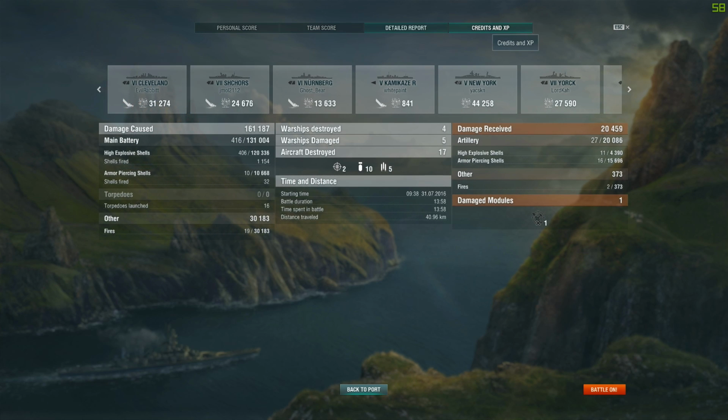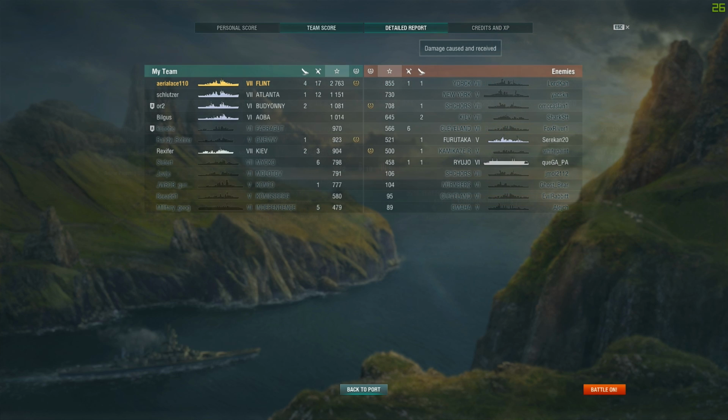120,000 damage with HE shells, 10k with armor piercing. So with guns alone, 131,000 damage, and then 30,000 with fires. No damage with torpedoes, but that is perfectly okay. Took some return damage, but nothing all too significant. Battle lasted just under 14 minutes. Was able to completely obliterate the enemy team, essentially, minus 2 ships. Top of the team, 2,763 base experience, where the second person on the team is at